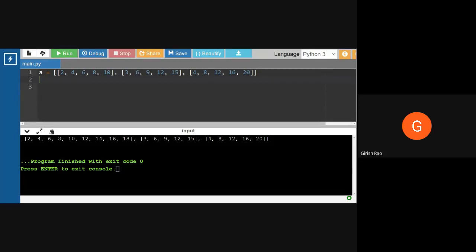What I need to do is find the sum of all the elements. If you're done, print it.